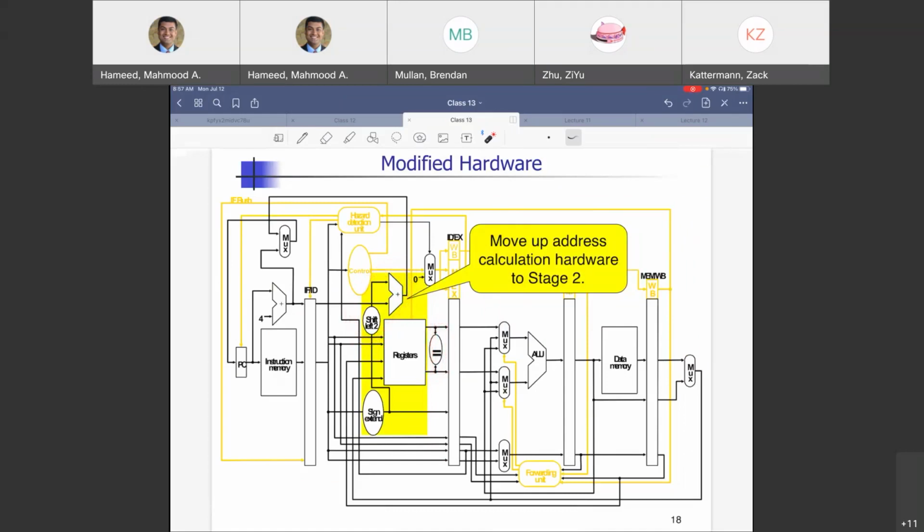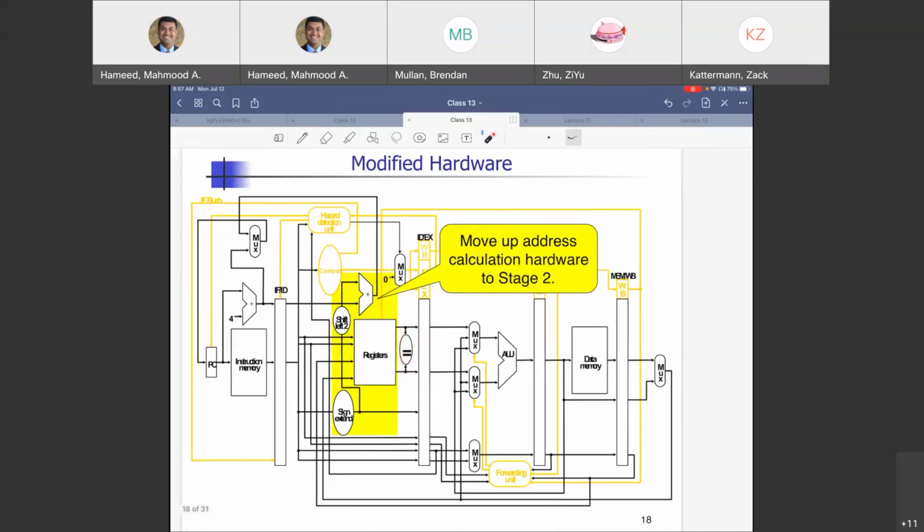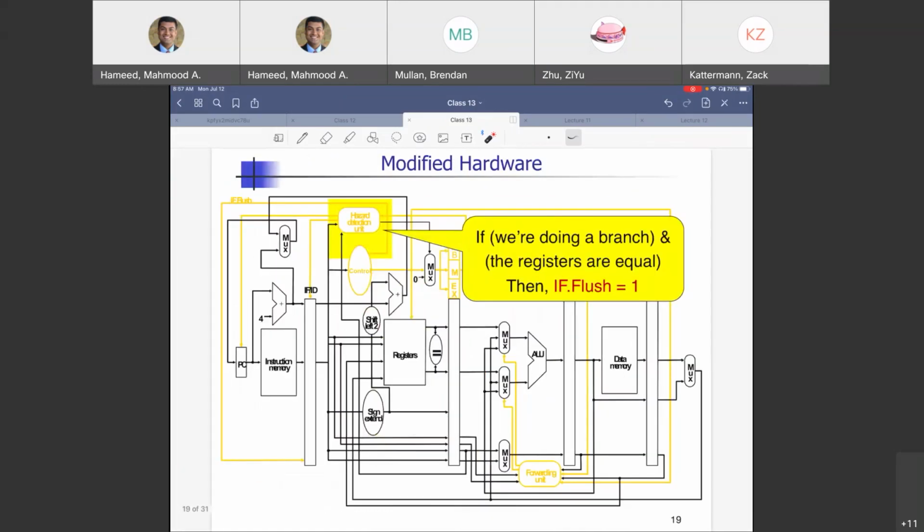Now, our cost has gone down by how much? From 3 to just 1, right? So 1 is the branch penalty now. On average, again, if we put in those probabilities, it is 0.4, so 0.4 clock cycles that we lose on average. That is okay, but we can still reduce it.